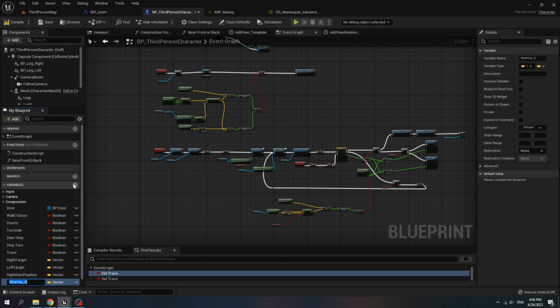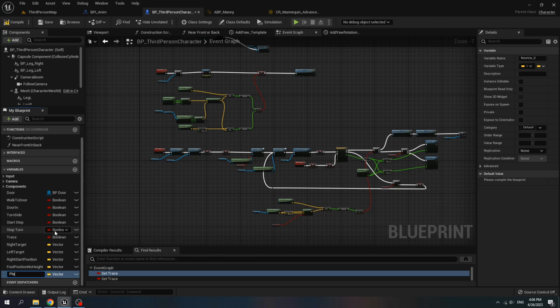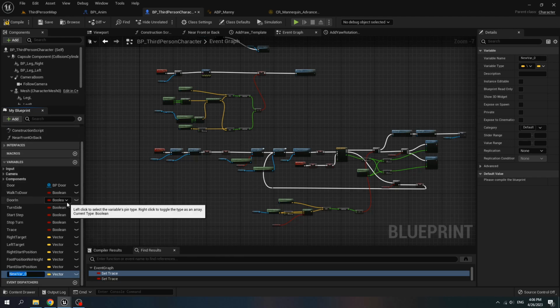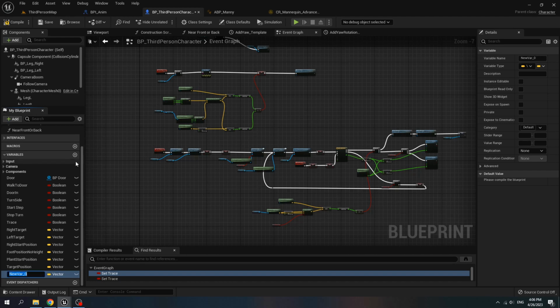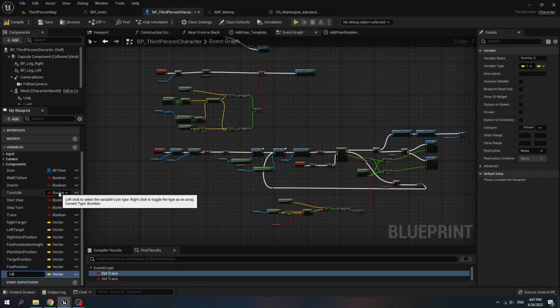Add new variable, name is foot position no high. Add new variable, name is plan start position. Add new variable, name is target position. Add new variable, name is foot position. Add new variable, name is left start position.